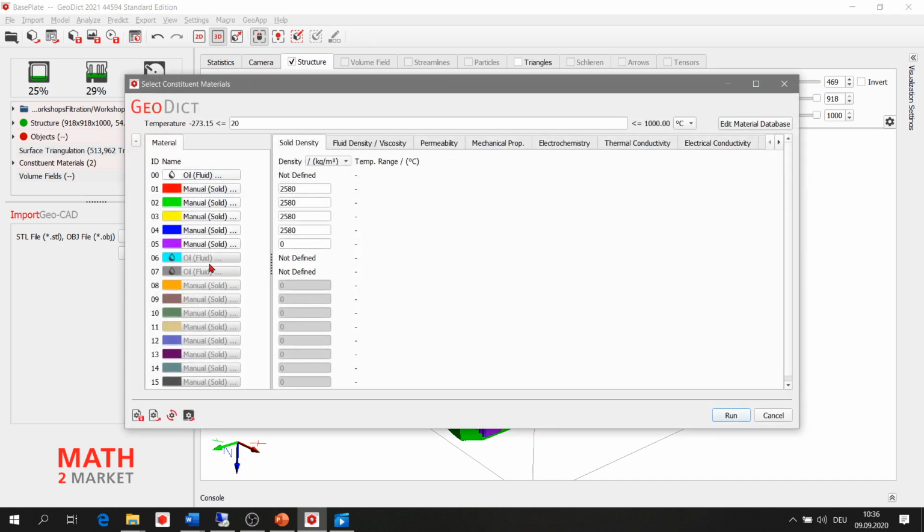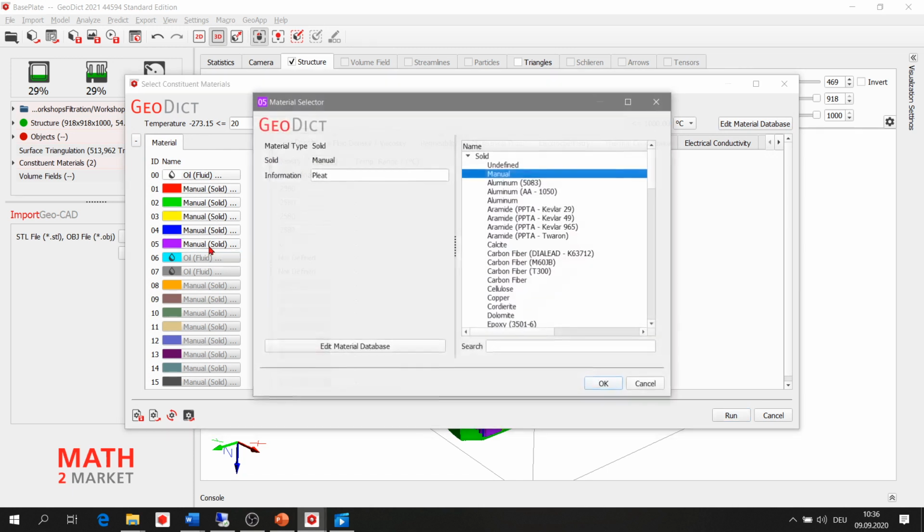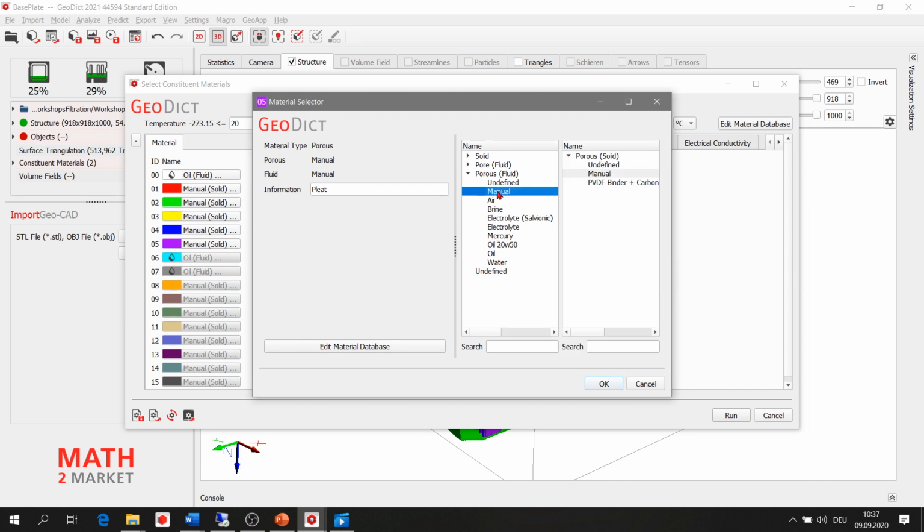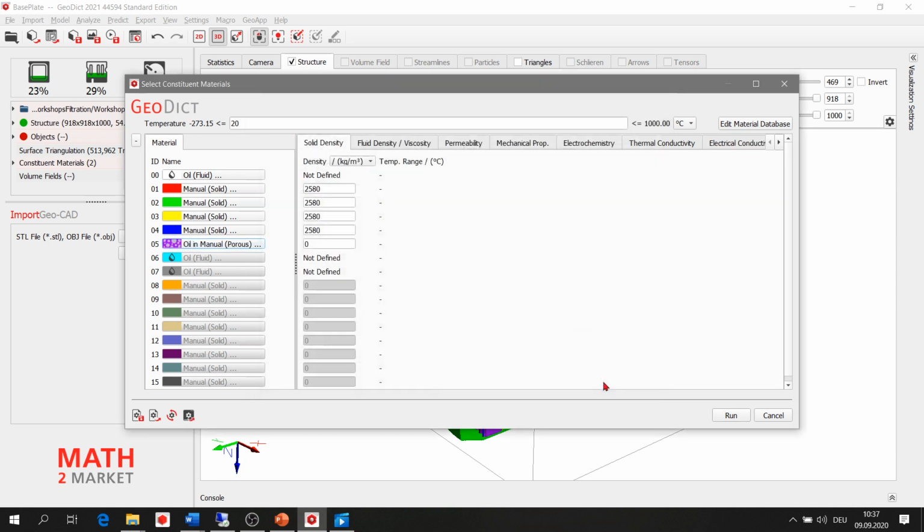And then here you can click on material 5 and change it from solid to porous, and you have to select it as manual, and then you have to select oil as liquid that flows through this porous media. So we have here oil as the fluid, and here through the porous media you have to select the same fluid, oil, in porous media.